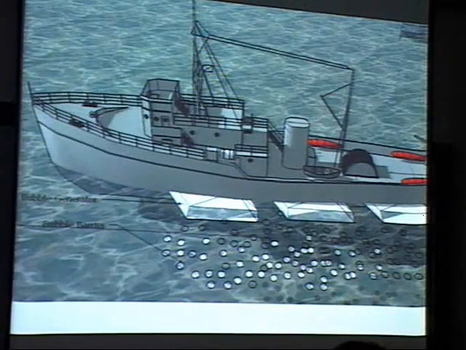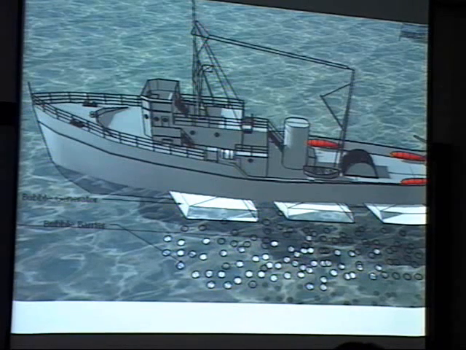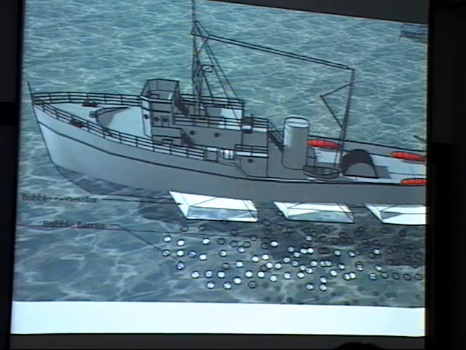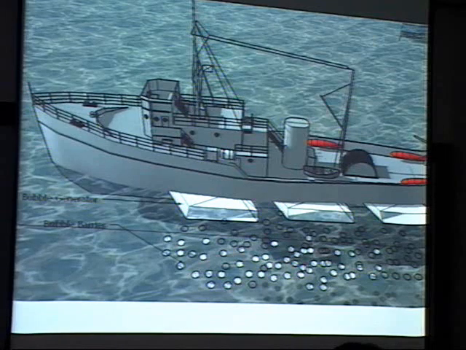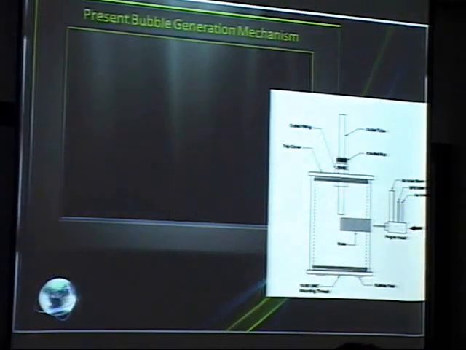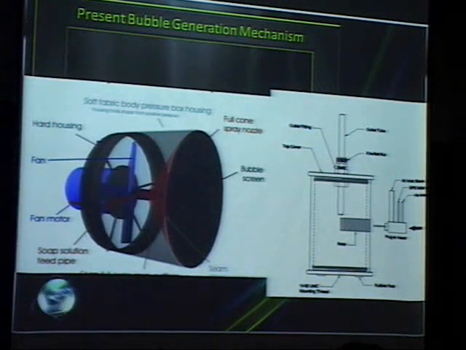And this is the primary design. Around the screen, we want to install some types of devices which will create bubbles, and these bubbles can reflect the shock waves. At present, there are some types of bubble generation mechanisms. Here are the pictures of those bubble generation mechanisms, and these can create bubbles. That's the main portion of